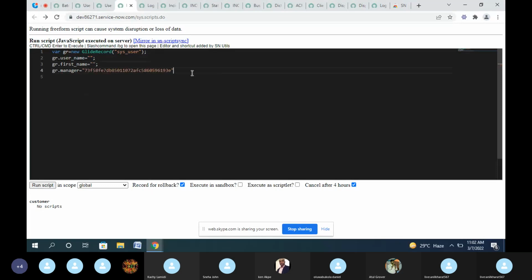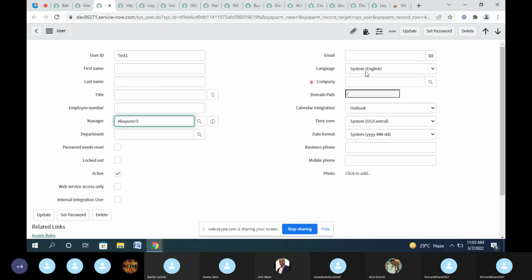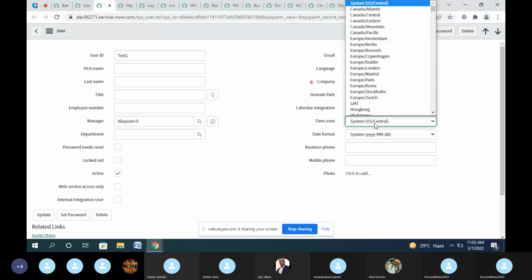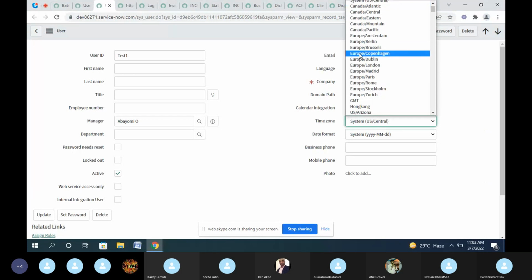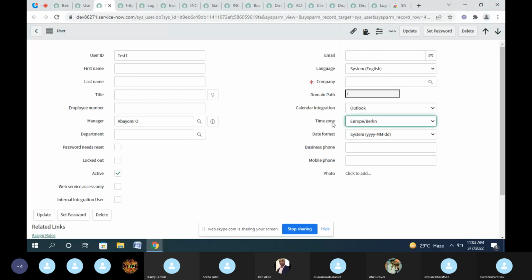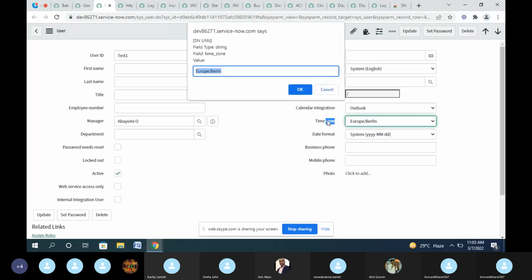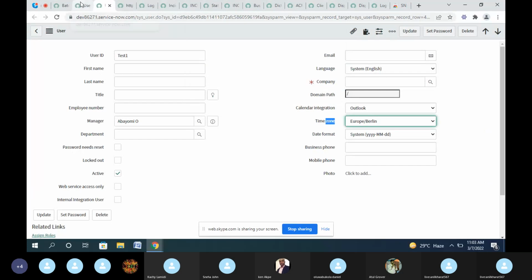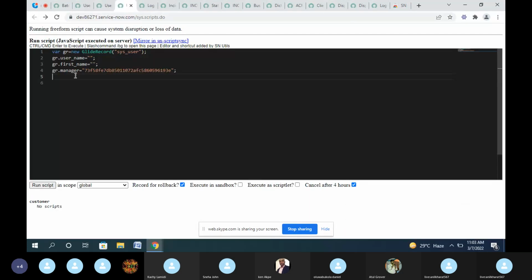Here we can go, and the second one is a choice, the last one. It is English, European Berlin. We will take time_zone. gr.time_zone is equal to